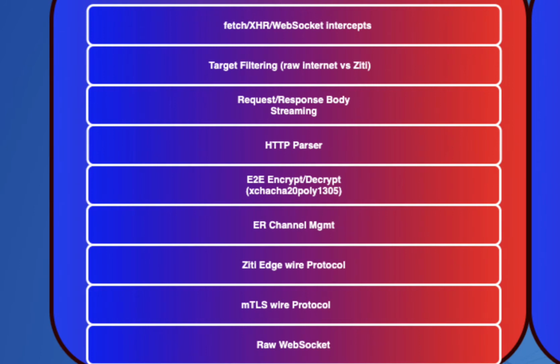If we see requests targeting Ziti services, and we determine that by looking at the target host and port and mapping that onto configuration information that we know exists on the network, anything that aligns we will consider as targeting Ziti services. We will automatically dial those services on behalf of the fetch, the XHR, or the WebSocket. We'll facilitate wrapping a streaming socket abstraction around the connection that comes back from that Ziti dial, and then we'll facilitate all the necessary HTTP and or WebSocket protocols on top